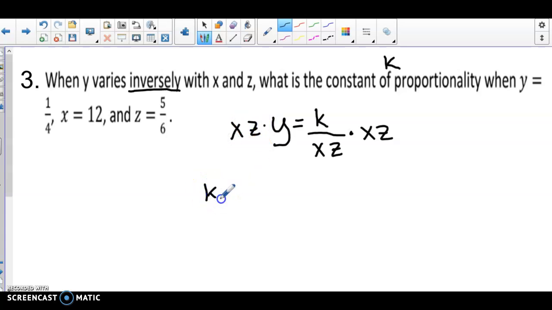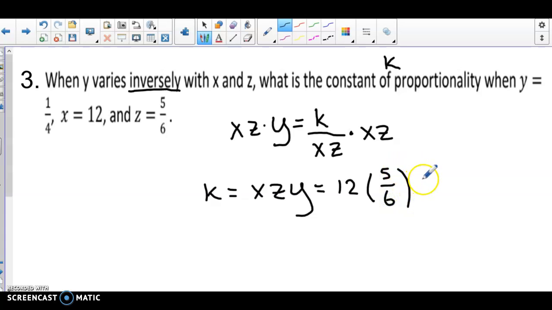So I get k is equal to x times z times y. And now I can plug in each of my variables. So it tells me that x is 12. It tells me that z is 5/6. And it tells me that y